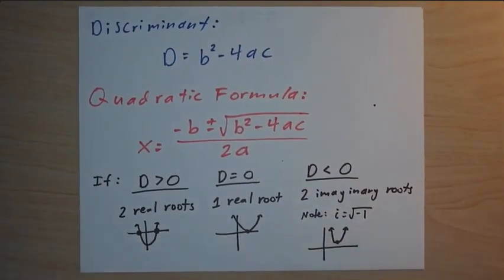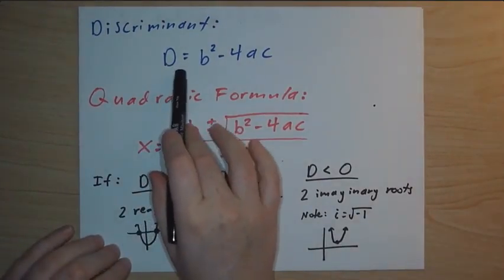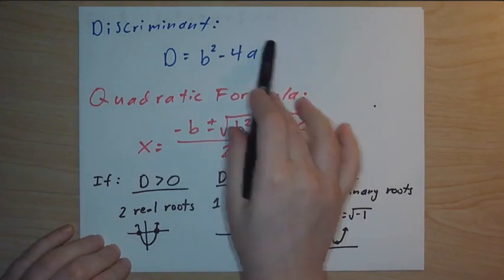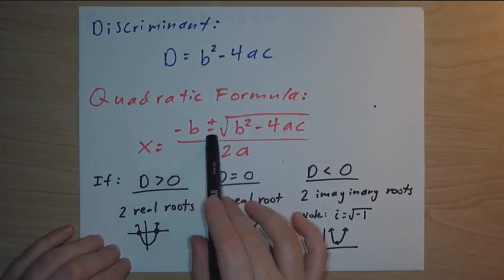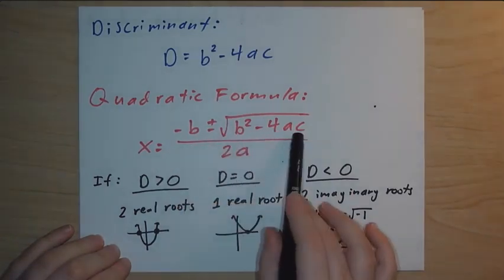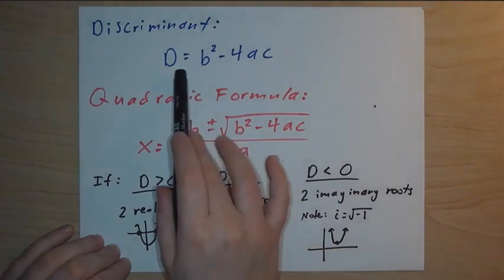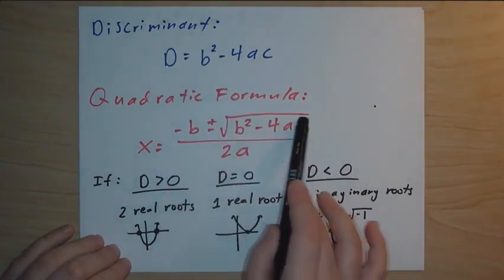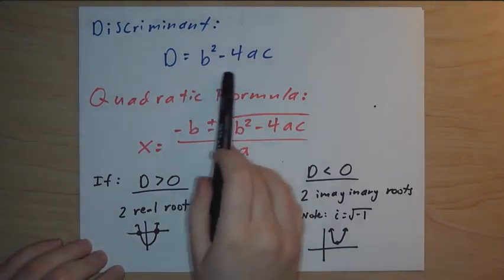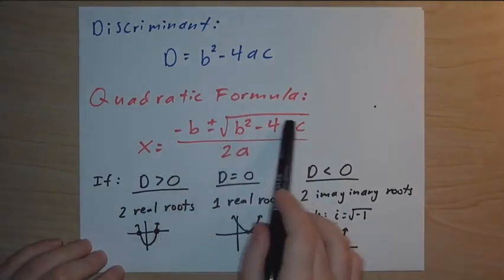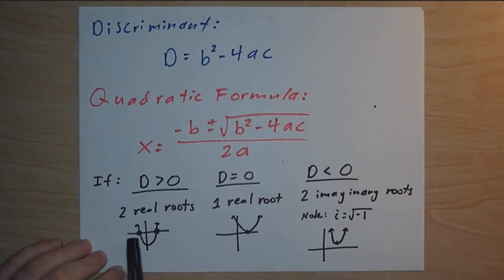The discriminant D is equal to b squared minus 4ac. Now this term is derived from the quadratic formula. The quadratic formula is x equals negative b plus or minus the square root of b squared minus 4ac, divided by 2a. If you'll notice, the discriminant is the inside of this square root. And the discriminant alone can tell us a lot about what our solutions will look like. So if our discriminant is positive, the inside of the square root is positive, our parabola will have two real